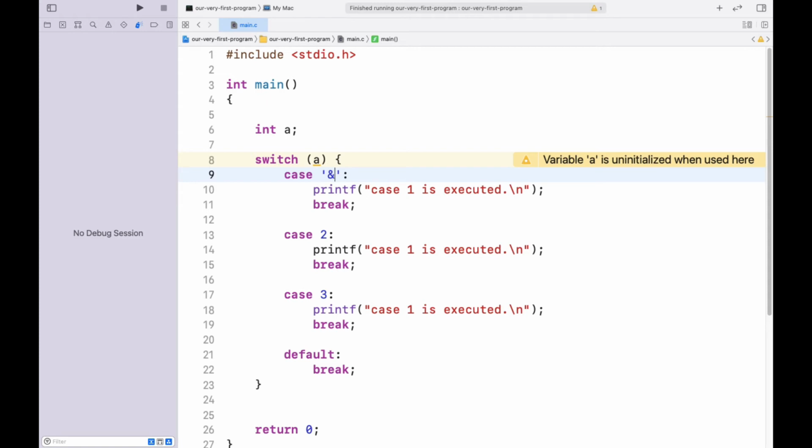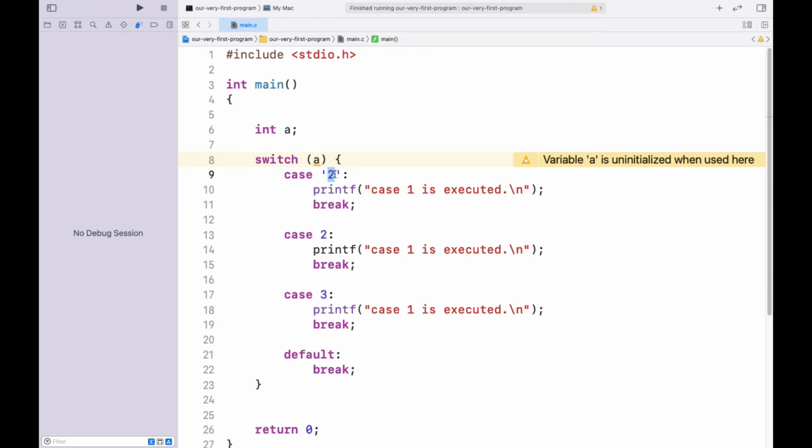And there is a difference between this 2 and this 2. What is the difference between this and this 2? So this is a character 2, okay, and this is a number 2. It is going to treat it as a character value, and the character 2 has its ASCII code. I hope you understand that the character 2 itself is having an ASCII code, and that ASCII code is going to be its numerical value, you can say.